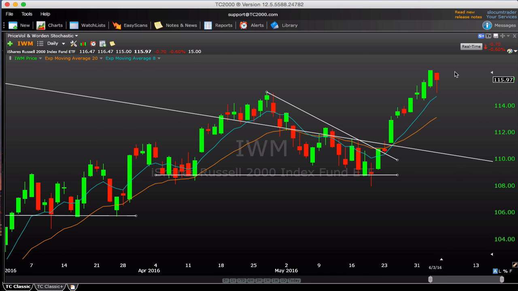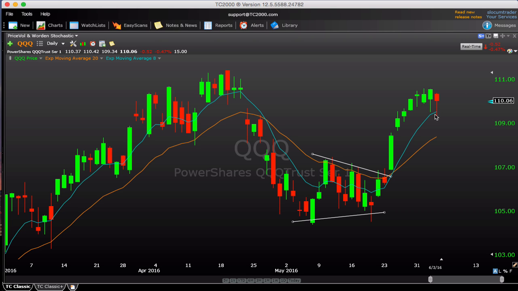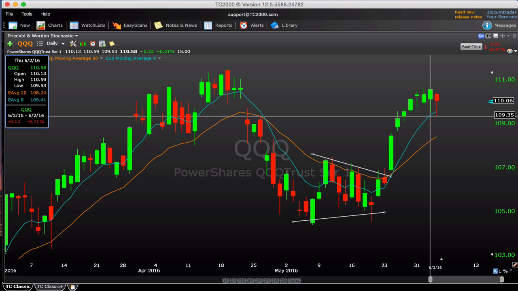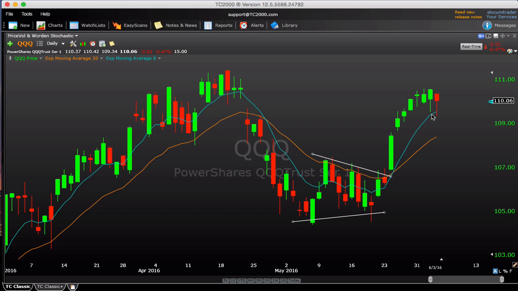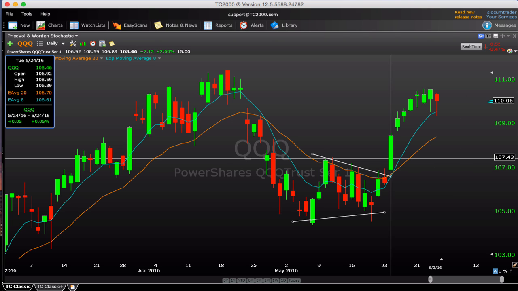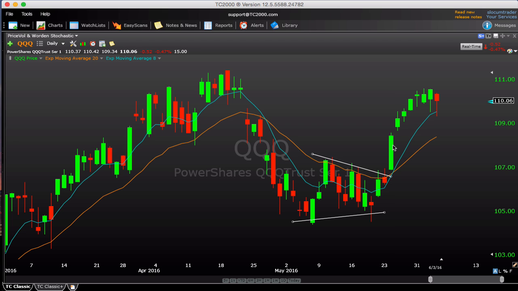That is the Russell 2000, and then the Qs also undercut Thursday's lows, but we did get a pretty strong bounce, kind of a double bottom here on the short term, perhaps down right around 109 and a quarter, 109.50. So Qs look pretty constructive. Still below April's lows right now, but all things considered, still in a kind of a new leg uptrend that emerged basically back here on the 24th, which was last Tuesday.